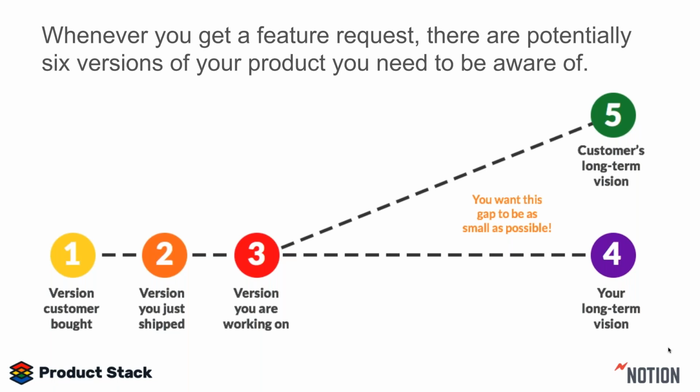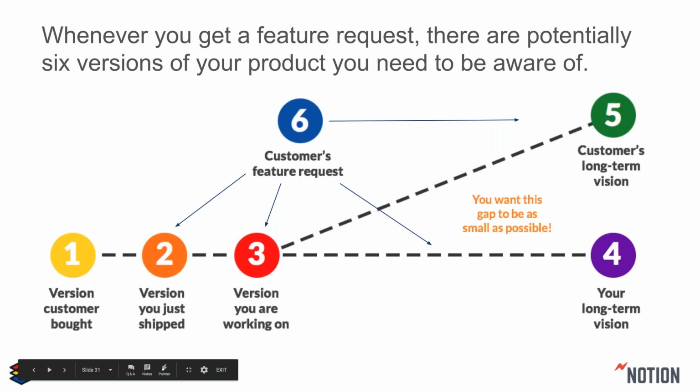But then there's also the customer's long-term vision. What is their desire for your product? Where do they think it's going to go? You obviously want the gap between those two visions to be as narrow as possible, so that there's proper alignment. That means you're setting the correct stage. But then you run the risk, next slide, Andre,